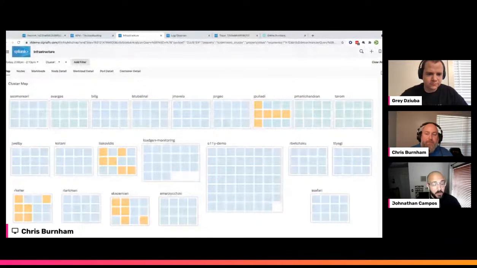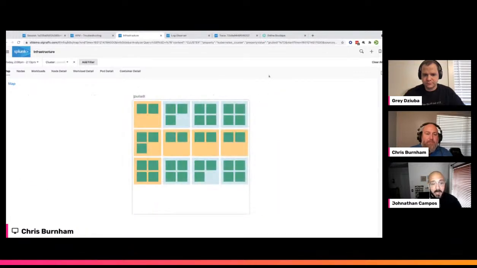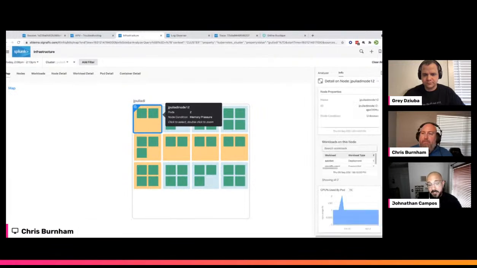Right now, we can see that we have several nodes that are deployed, and we can see that one of these particular nodes has several pods that are being called out to us. You see some of these yellow pods here, and we can potentially dig deeper as to what could be wrong with them, right? And of course, this may or may not be related to our problem.